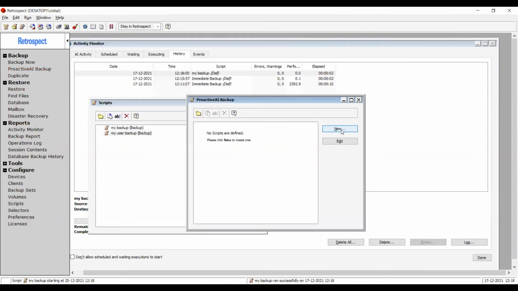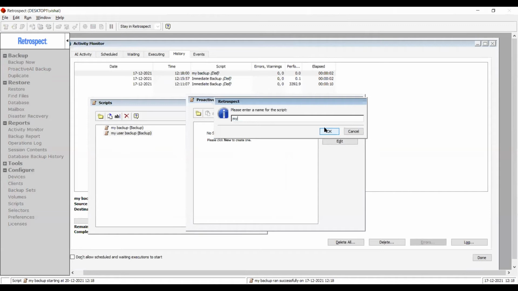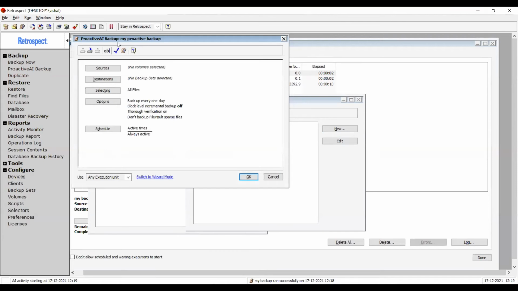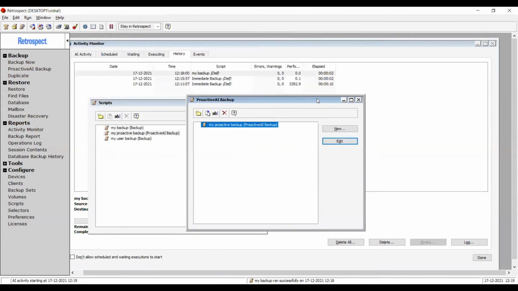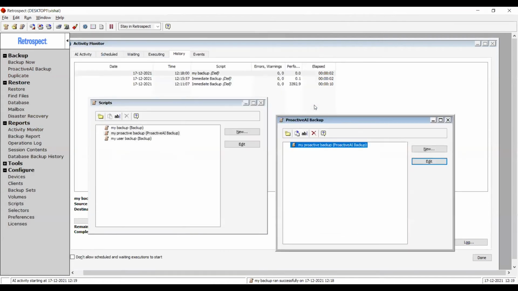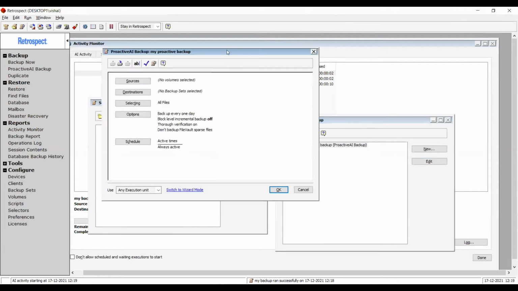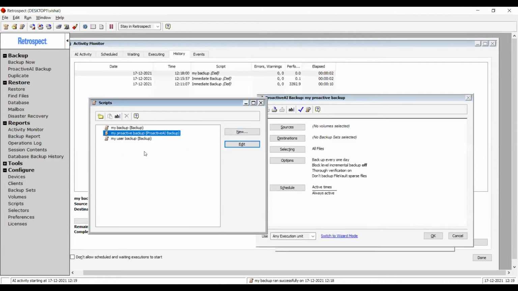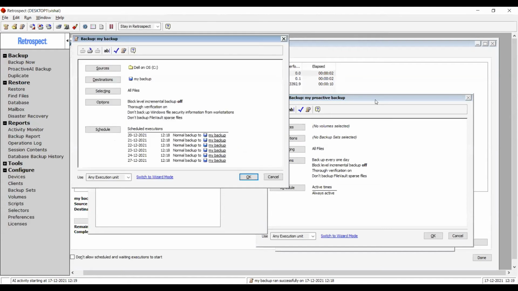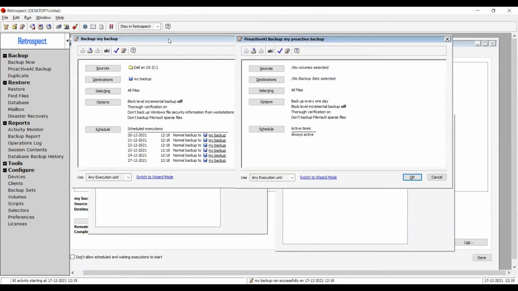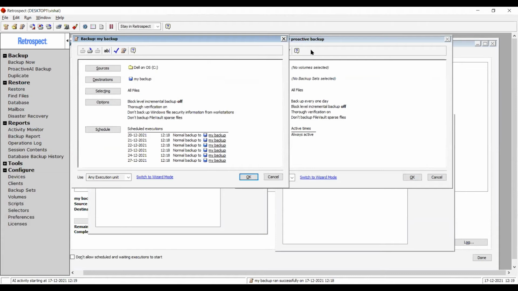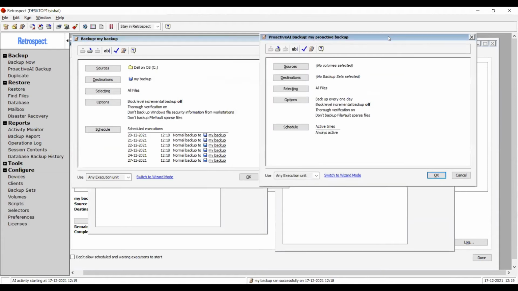And the difference between the two is that, let us see my active backup. So let me just take both the windows. Okay. Oh, we closed it earlier, so let me take that for the reference, right? So on the left you have the managed script, and on the right hand side, you have the proactive backup script. You can see that most of the sources and fields are the same. The only difference is the schedule.